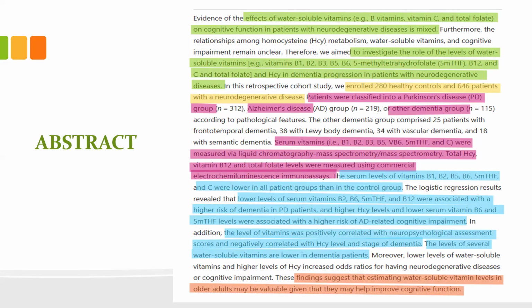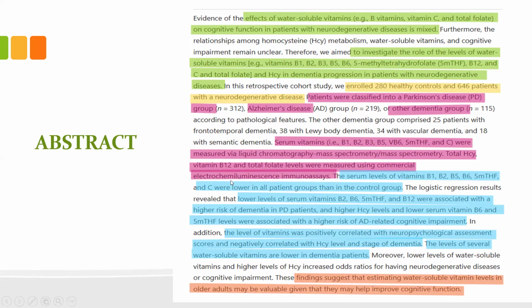So in this retrospective cohort study, they enrolled 280 healthy controls and 646 patients who have a history of neurodegenerative disease. And the patients were classified into three groups. The patients with Parkinson's disease, the other group had the patients with Alzheimer's disease, and the third group has the patients with dementia. So they measured the serum vitamin levels of B1, B2, B3, B5, B6, methyl tetrahydrofolate, and vitamin C. And they were measured via liquid chromatography mass spectrometry, and total homocysteine and vitamin B12 and total folates were measured